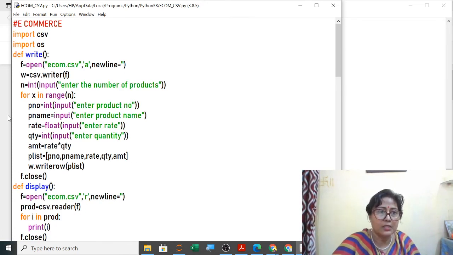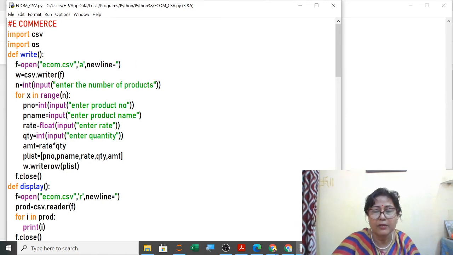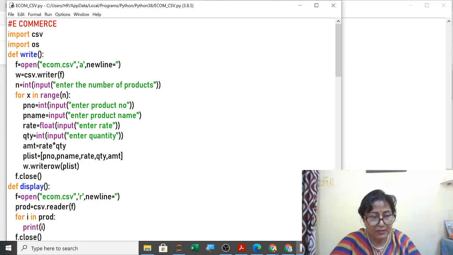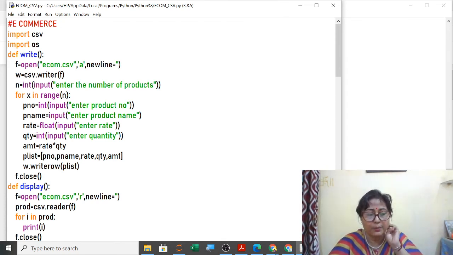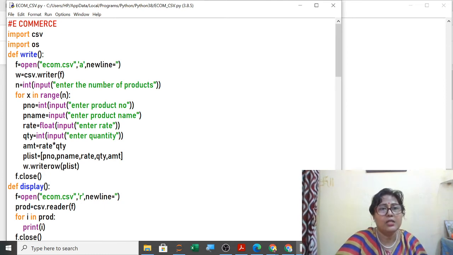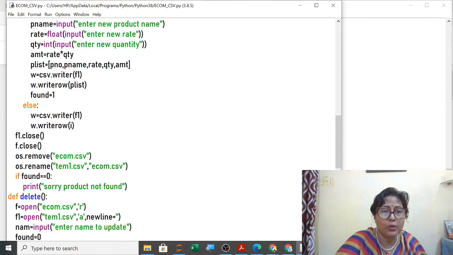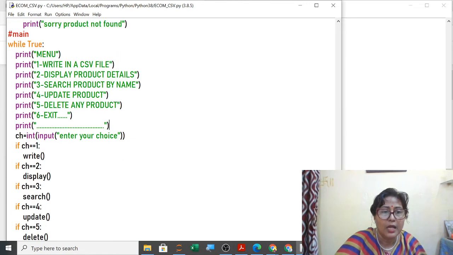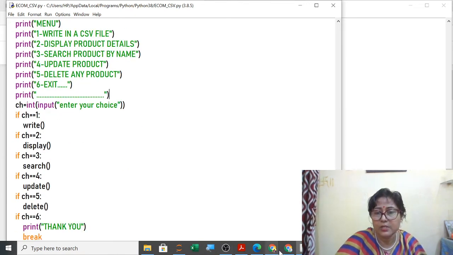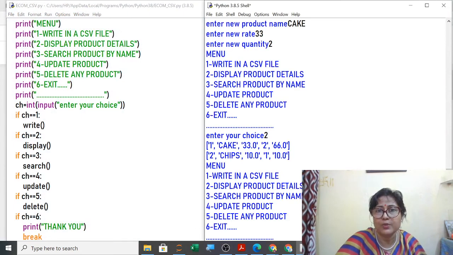Now this is important as per the practical exam: 1 binary, 1 CSV and 1 MySQL connectivity. 3 questions will be asked. So binary we have already done, and this CSV you have to use in your project also. So this is your complete program. I'm sharing this whole program with you, and it is getting executed. So here you can see the output also.